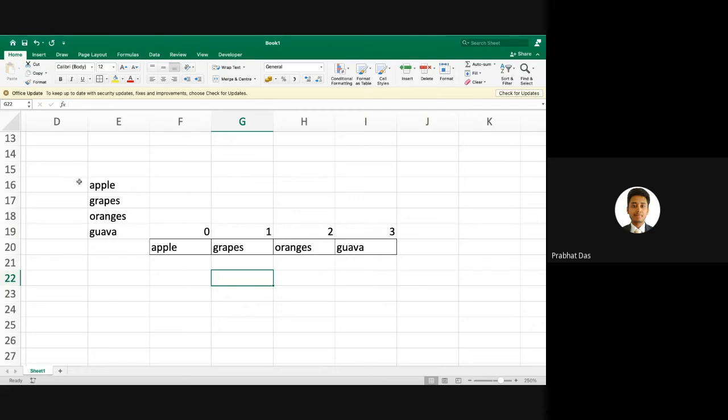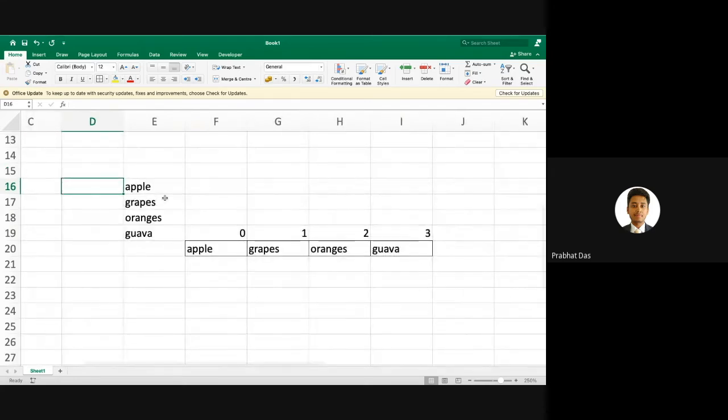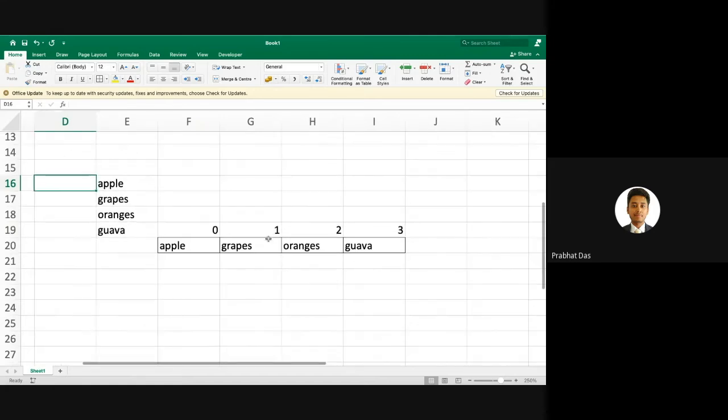So in a list, we do serialization of items, where we put the items serially. Like, let's say from 1 to 10 we have vegetables, from 10 to 20 we have grocery items, and from 30 to 40 we have essential items. Similarly, whenever we form a list, we store the items sequentially. That means there will be a corresponding index for that particular item.